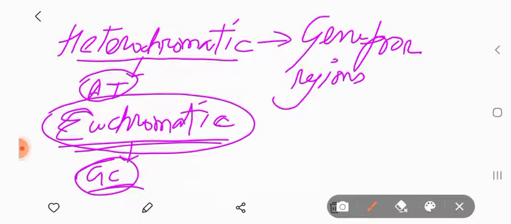So again I repeat, the Giemsa stain normally stains the heterochromatic region rich with adenine thymine base. Heterochromatic regions are gene poor regions because they are highly coiled regions. No enzymes can get access to the DNA for the transcription process. That's why it is called gene poor regions, and Giemsa stains more on these heterochromatic regions, whereas the euchromatic regions, which are the transcriptionally active regions, especially the GC rich regions of euchromatin, are not stained by this Giemsa stain. So these regions appear as light bands during G banding, right?